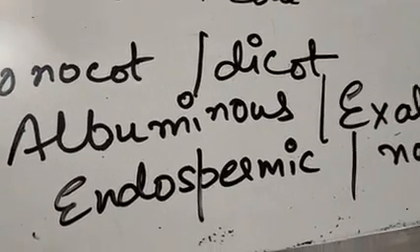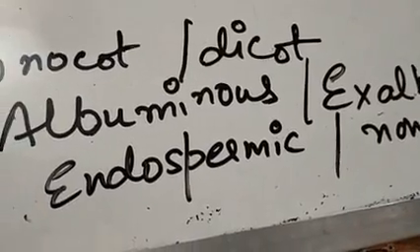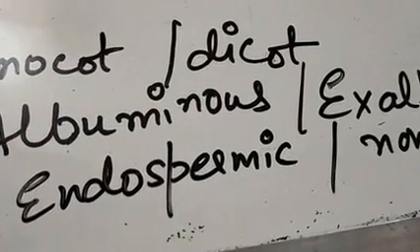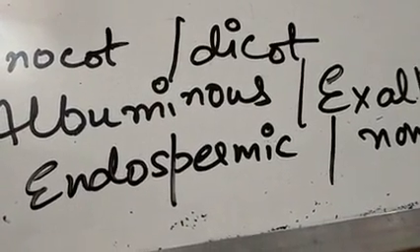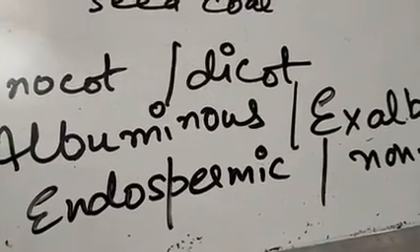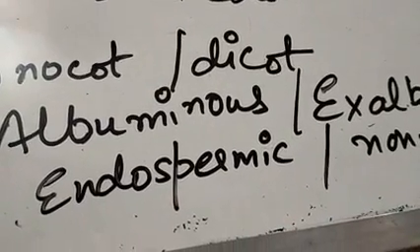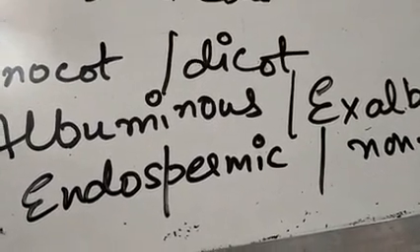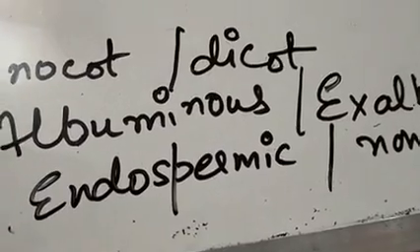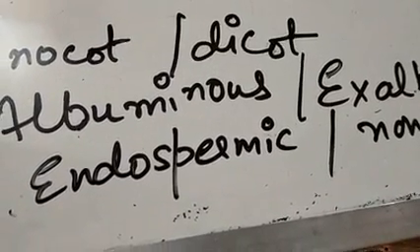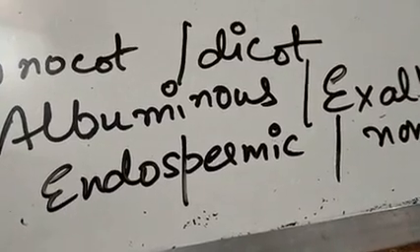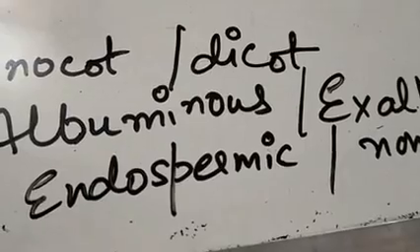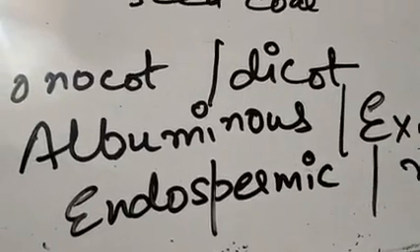Again, albuminous or endospermic seeds have thin and membranous cotyledons. Albuminous dicots are custard apple and poppy seeds, whereas cereals and millets are albuminous monocot seeds. Similarly, gram, pea, mango, mustard are ex-albuminous dicot seeds, whereas orchids and Vallisneria have ex-albuminous monocot seeds.